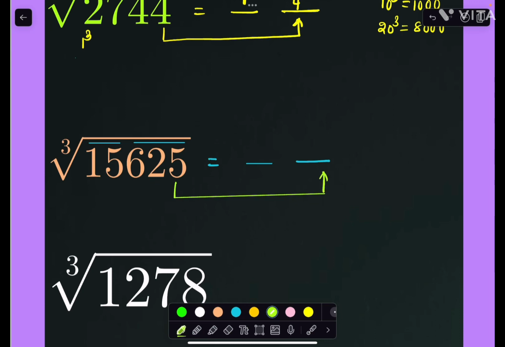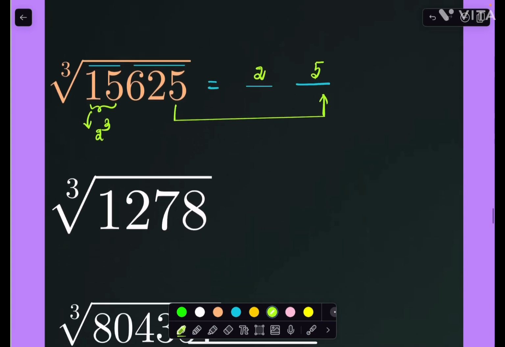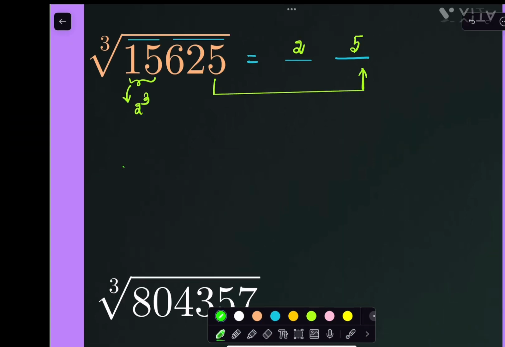If a number ends in 5, its cube root must end with a 5, right? We know that, right? Now I'm taking the leftmost part of the number. Tell me the cube of a number which is closer to 15, less than or equal to 15, right? So I can write 2 cube only. Cube root of 2 cube equals how much? We'll get 2 only. Your result is what? 25 only.